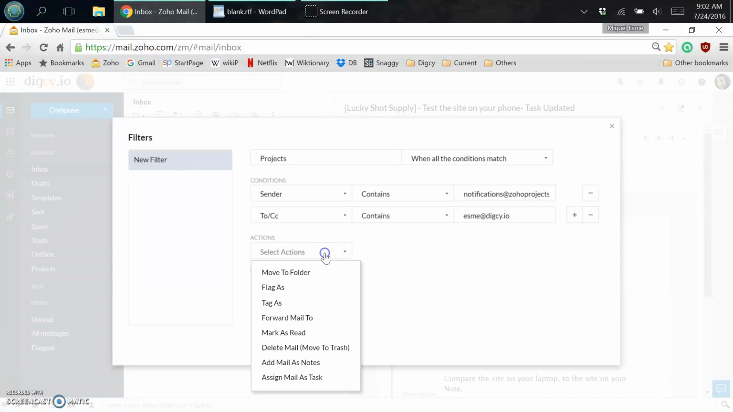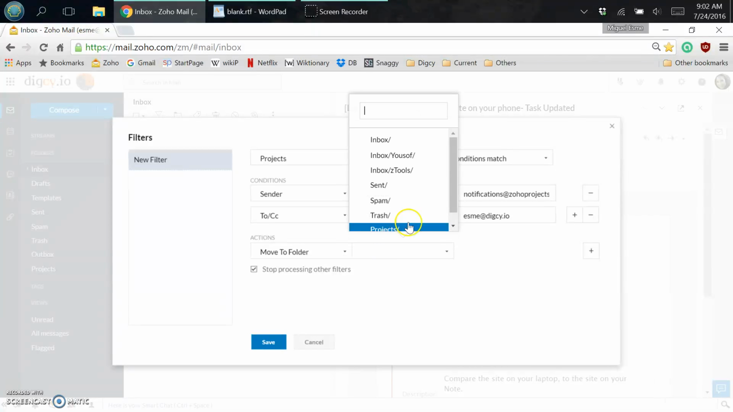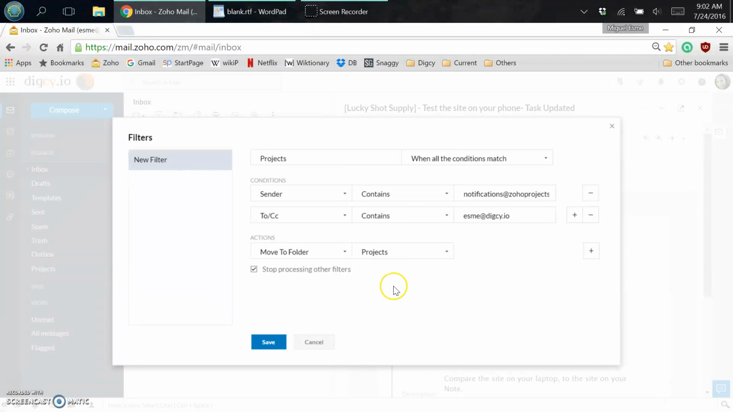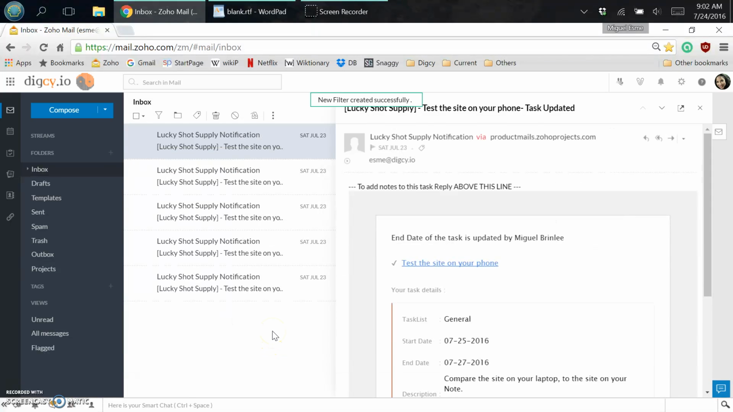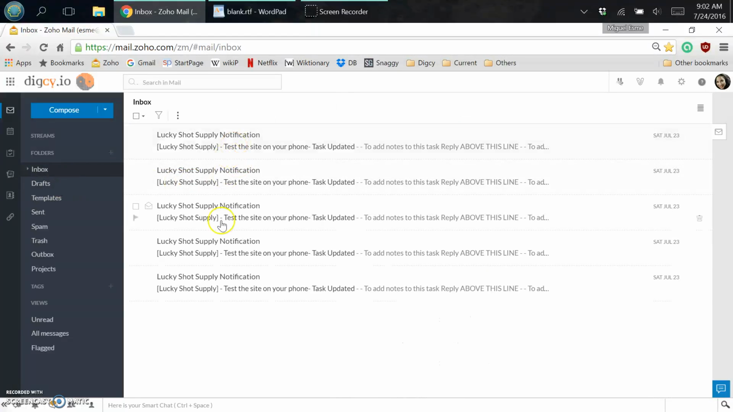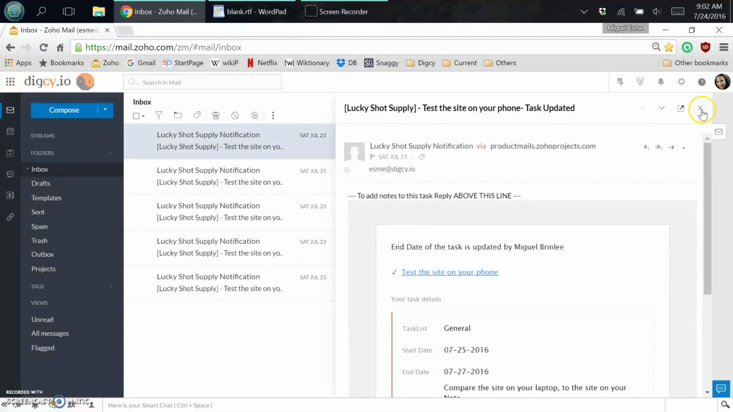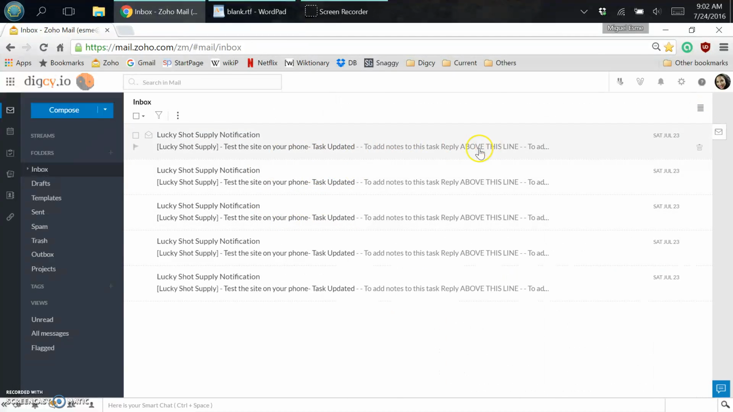Then we're going to choose the action that we want the filter to take. In this case, I want to move it to the folder that we just created called Projects. And you go ahead and leave this checkbox to stop processing other filters. We're going to save that filter. But you'll notice we're in the inbox here, and all of these emails which would be affected by the filter are still there. The reason for that is because the filter has not yet been run. It'll take effect for all new emails that come into the inbox,